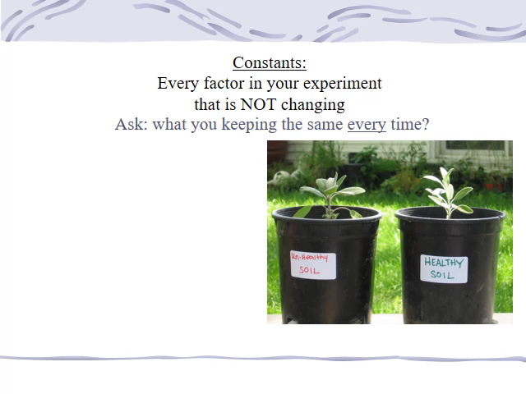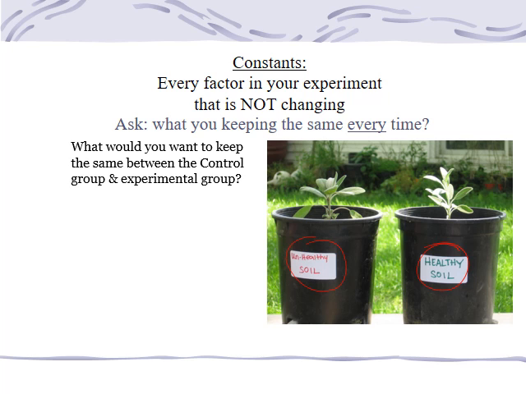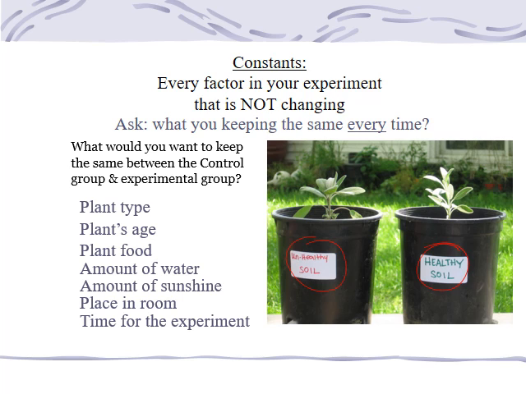Constants. Constants are factors in your experiments that are not changing between either the control group or the experimental group. So these are the things that are always staying the same between the two of them. So to figure them out, you just got to ask yourself, what am I doing for both of them exactly the same every time? So in our example here, you would want to make sure you keep the same plant species. You want to make sure it's got the same basic age, and so you plant them at the same time. You want to make sure you give them about the same type and amount of food,